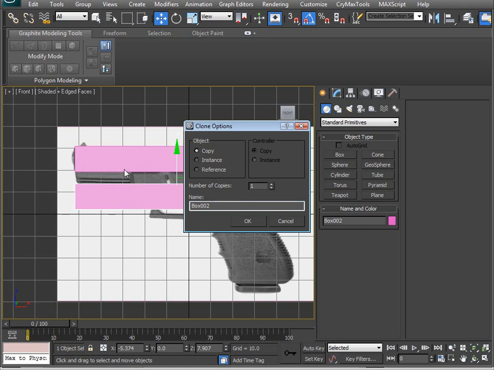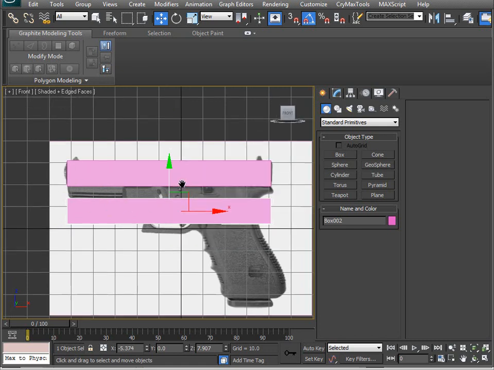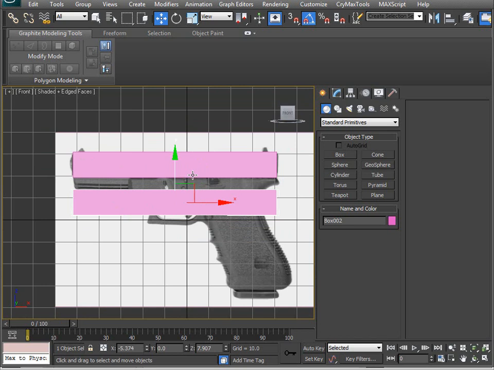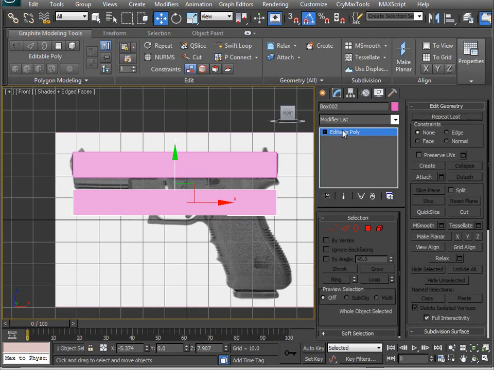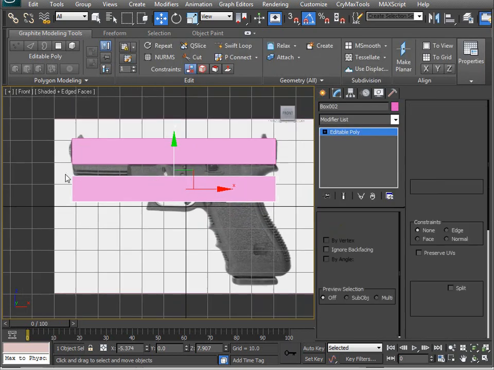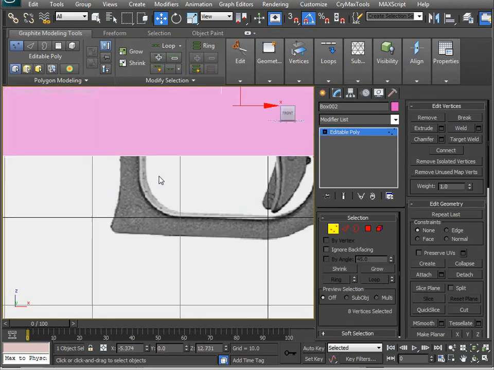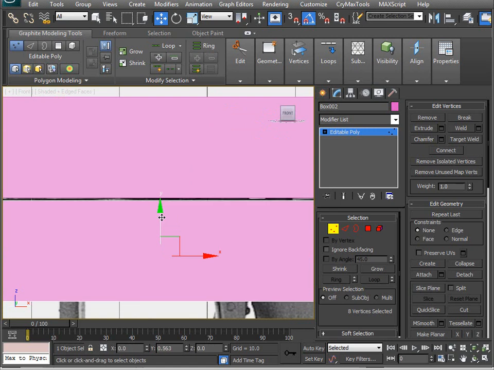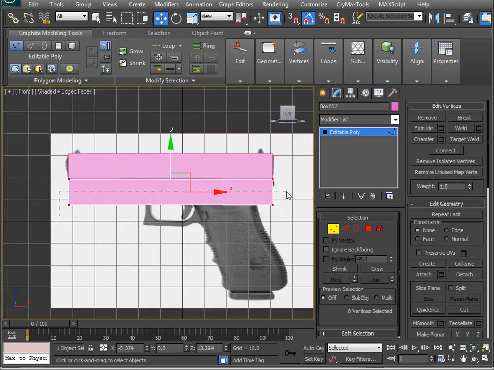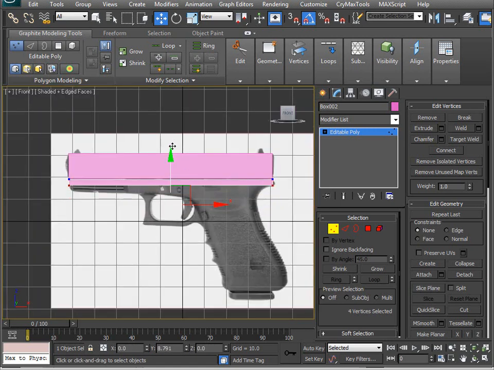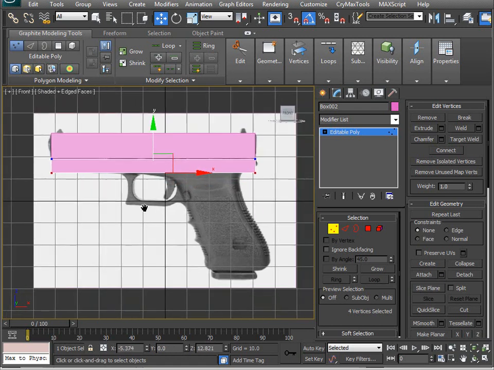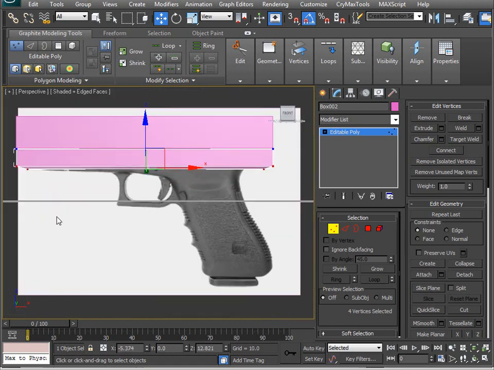We want to make these completely separate, so we're just going to hit OK. I'm going to convert this to an editable polygon using my editable poly hotkey, and I am just going to move it into place. It is slightly separate from the top, and I'm going to match that height there. Okay. Now I'm just going to go back to perspective view,